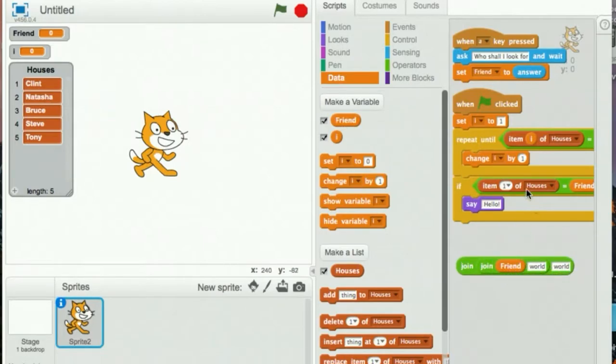So basically the way this program will run, it'll pop up a message when A is pressed. It'll ask you who to look for. You enter the name. Then it sets friend to answer. Then it will search this list and it will browse through the lists one by one until it comes up with the name you entered as answer. And then finally, when it finds the name, it will print the name and say so and so lives at house number